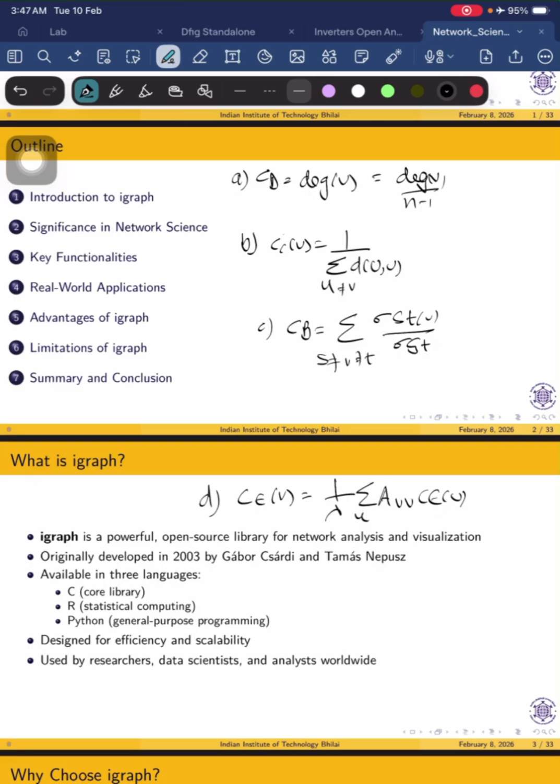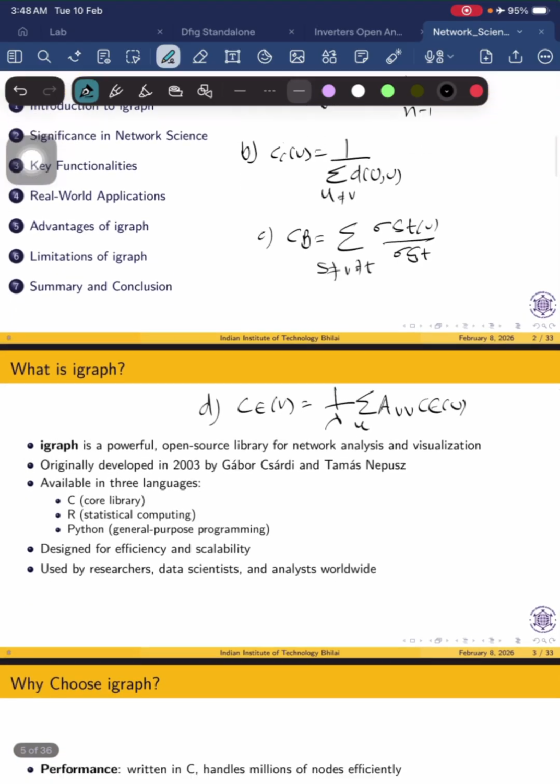And now, last we will discuss PageRank. PageRank is a variant of eigenvector centrality that models a random walk process on the network. It was originally developed by Google to rank web pages. A node has high PageRank if it is linked by other nodes that themselves have high PageRank, and mathematically it is represented by